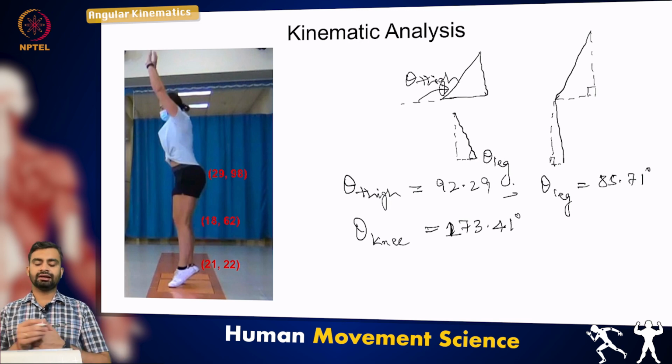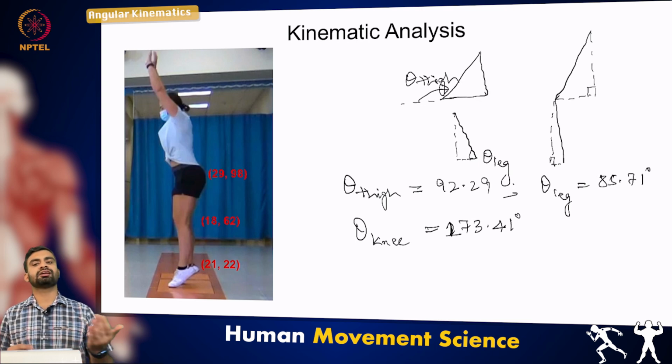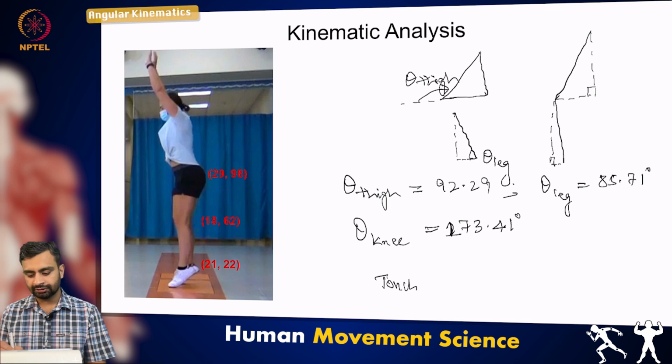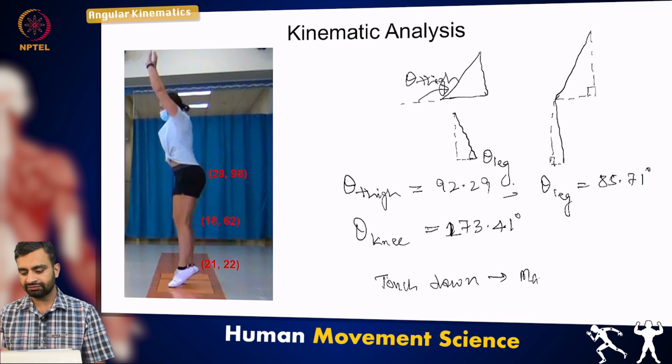So in this example, we learn how we can calculate the angular kinematic parameters. Specifically, in this case, we just looked at angular displacement using the methods which we described earlier in this section. Similarly, if you know the angular displacement, like these three events happen over a span of time, if we know the difference from touchdown to maximum knee flexion,